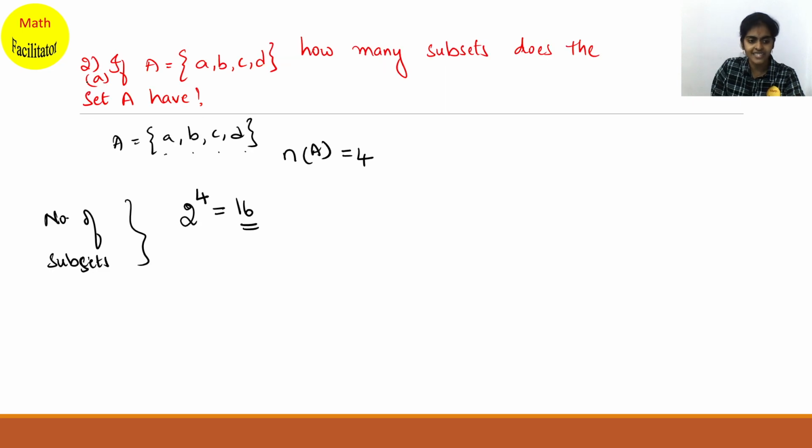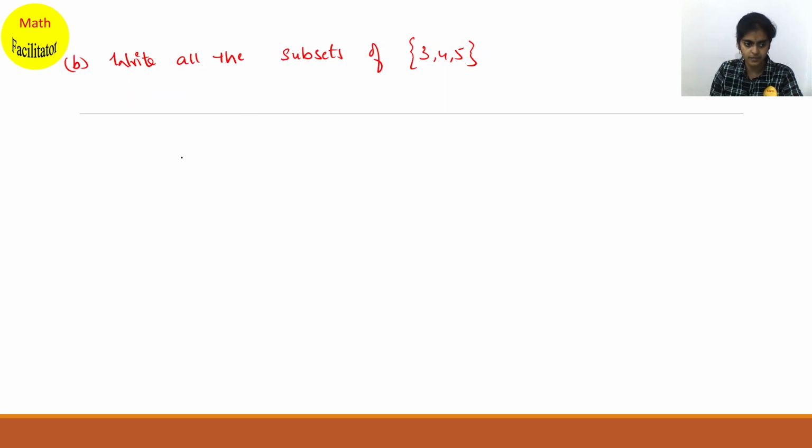Okay, so here in the second question they gave you 4 bits. This is the first bit, now this is the second bit. So write all the subsets of {3, 4, 5}. Just now we have learned that 2 raised to the power of the number of elements gives you the number of subsets. Here how many elements are there? 1, 2, 3 elements are there. So in total you will have 8 subsets.